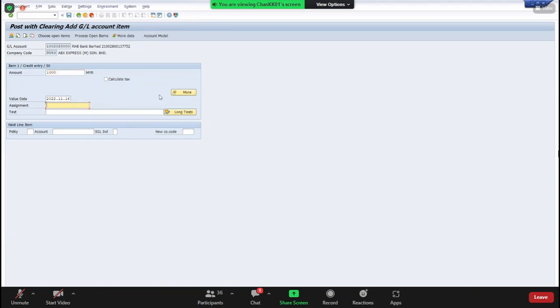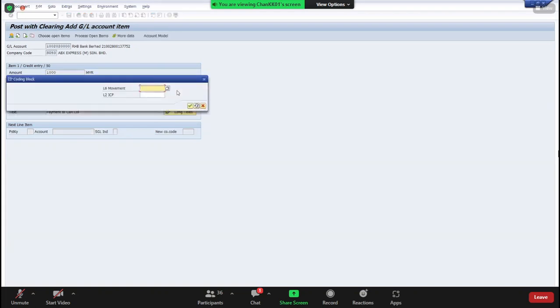And then please take a look. We have this more button. First of all, we should type the description first. Payment to CBA Limited, for example. And then we need to choose this more button because for those cash and bank accounts,